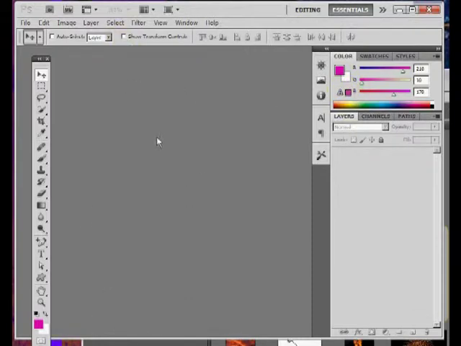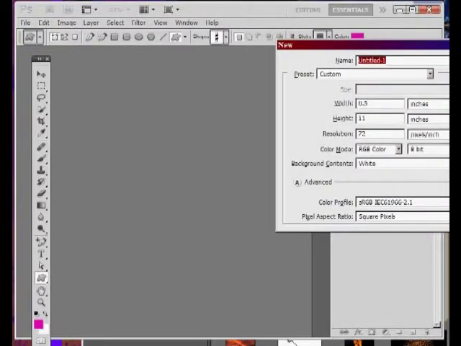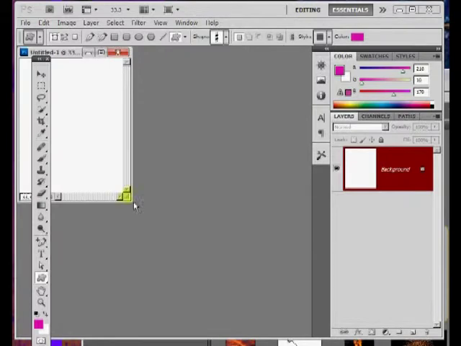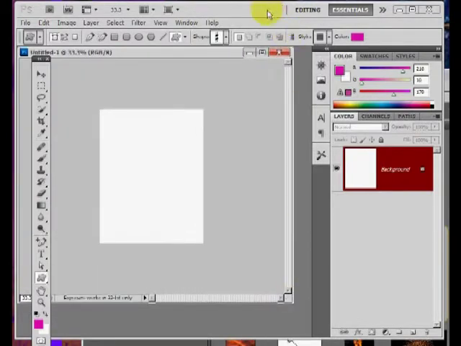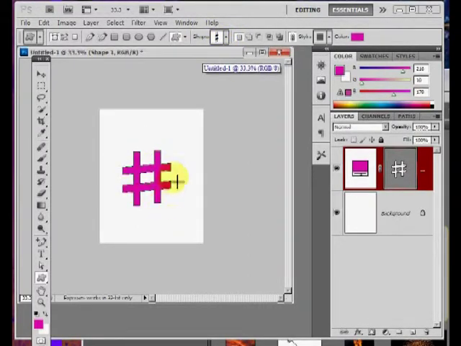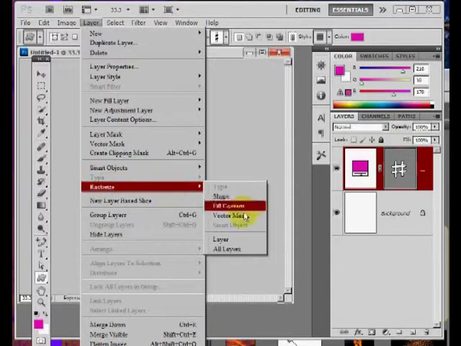Let's have a little more fun with new brushes from shapes. Okay, so Control N for new. Here we go, and we're going to come into the shape tool. We've already selected the shape we want to use, and we're going to go ahead and just let that be filled with pink. And what I want you to understand is that it's a shade of gray as far as the brush maker is concerned. Okay, we have to change this from a vector image to a rasterized,